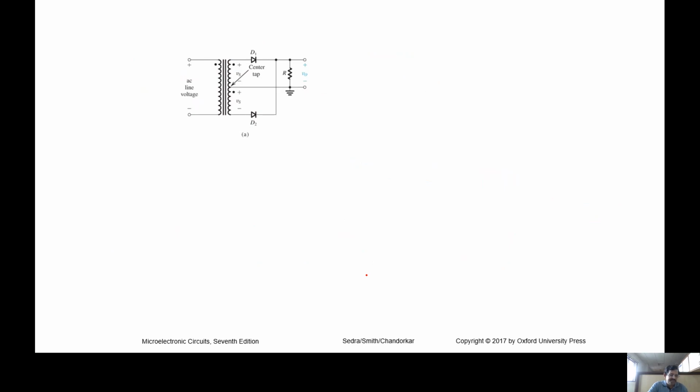Let us go to another problem. This is a full wave rectifier. Once we do this problem, let us compare the results with the half wave rectifier, because the numbers we are going to use for the input and the resistor are the same. So we will see what numbers we are going to generate out of the circuit.